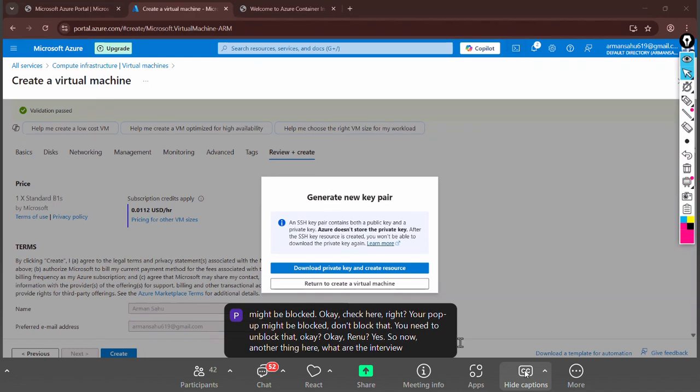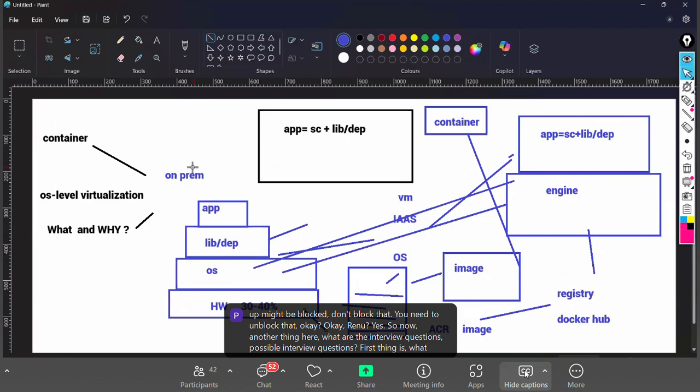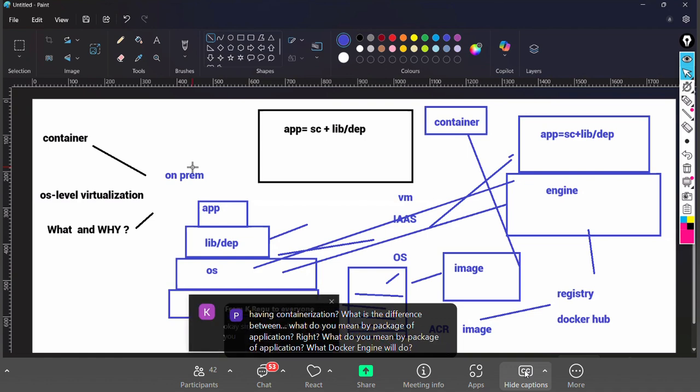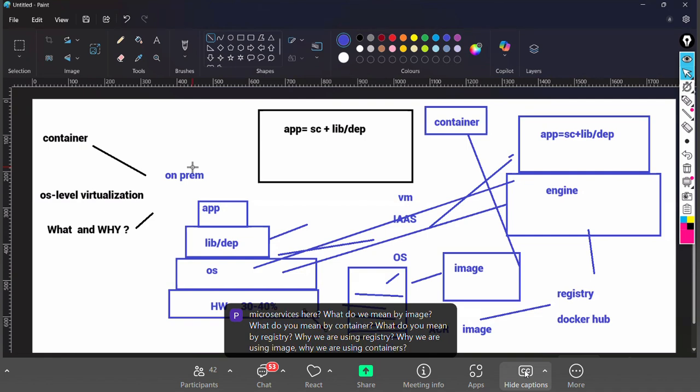Now another thing here. What are the possible interview questions? First thing is, what do you mean by containers? What is a container, and what is the necessity of containerization? What do you mean by package of application? What will the Docker engine do? What do you mean by monolithic and microservices here? What do you mean by image? What do you mean by container? What do you mean by registry? Why are we using registry? Why are we using images? Why are we using containers? So here the questions are not many, but your explanations are much, because you have to